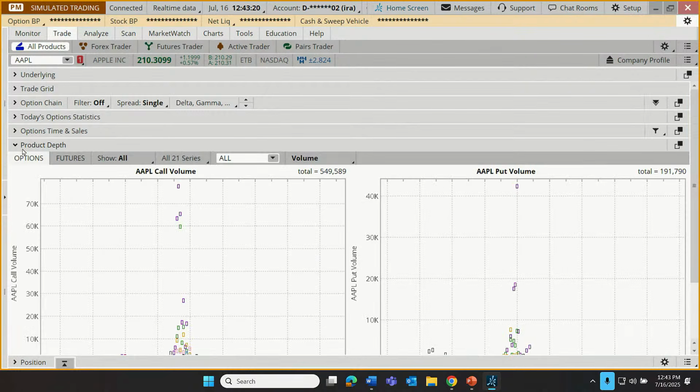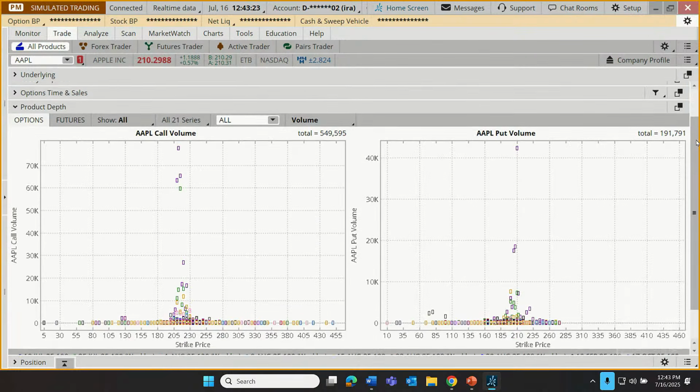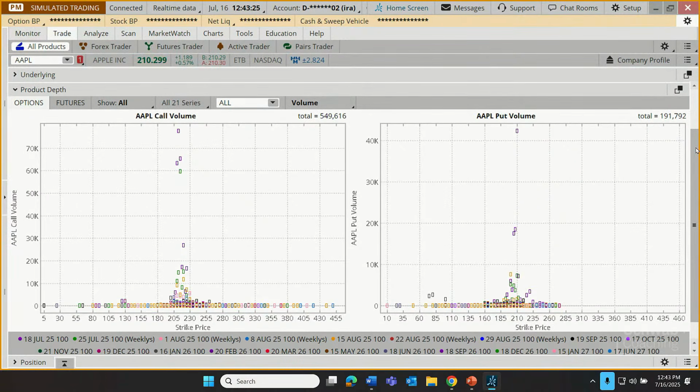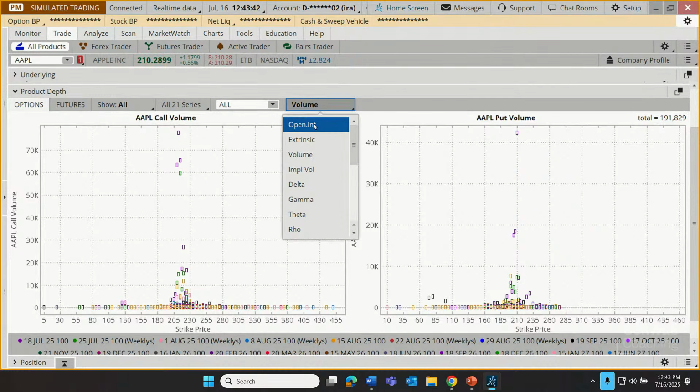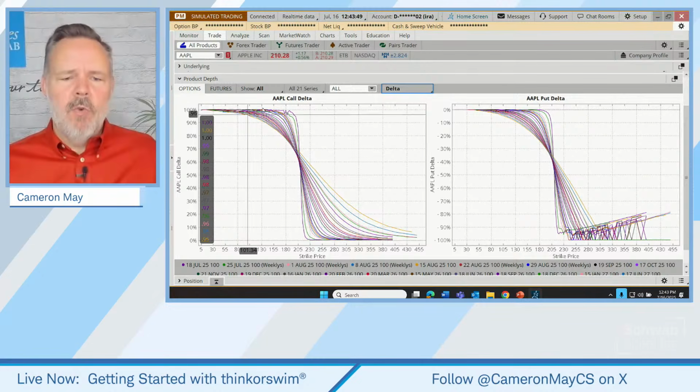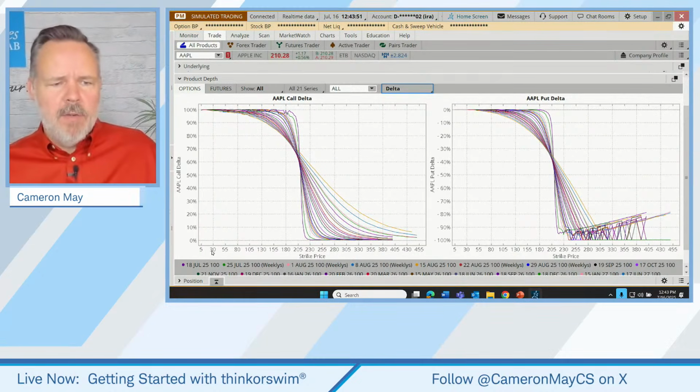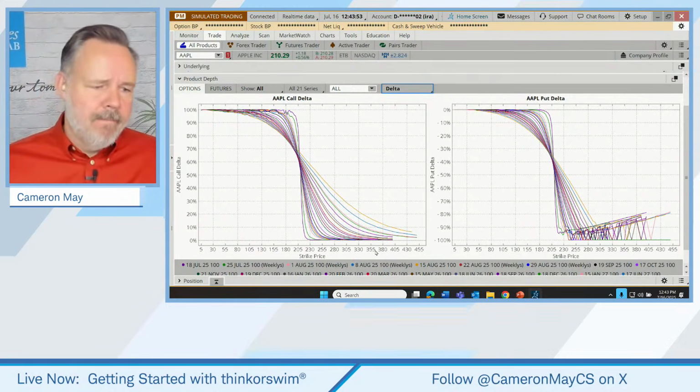Product depth, okay. I wouldn't have spent much time even if I had the time on this. It's not to diminish the tool. It's just a little bit niche for this audience. But this can just show us all sorts of characteristics relating to a full range of series of options on a specific stock. We can look at trading volume or things like the rho, the theta, the gamma, the delta across those ranges. So for example, let me put up a delta. It gives us a grid of deltas across a range of strike prices.